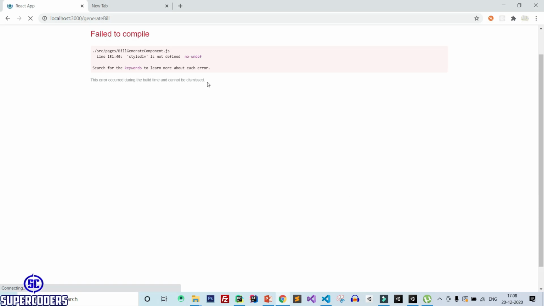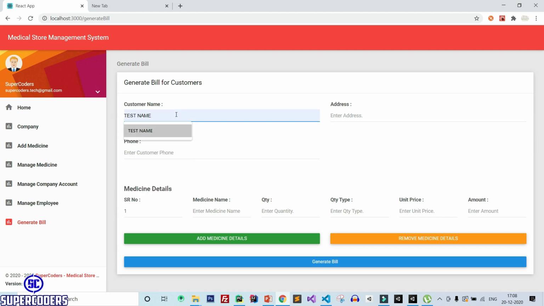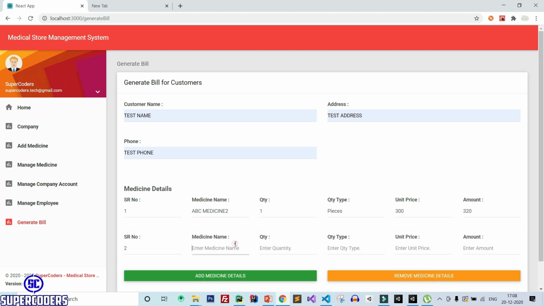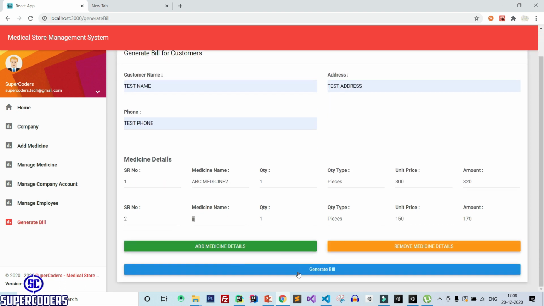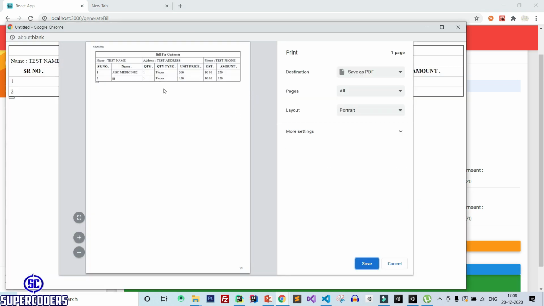Remove it, save it, back to Chrome. Let's check again. Test name, test address, test phone, medicine 2, JJ. Now click on generate bill and you can see this time it is showing perfect.